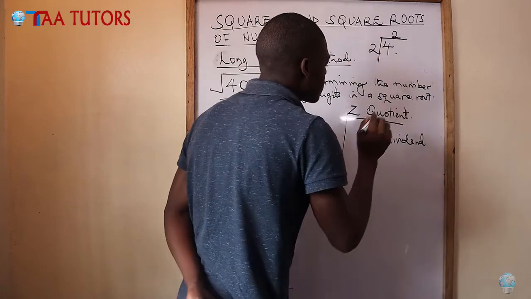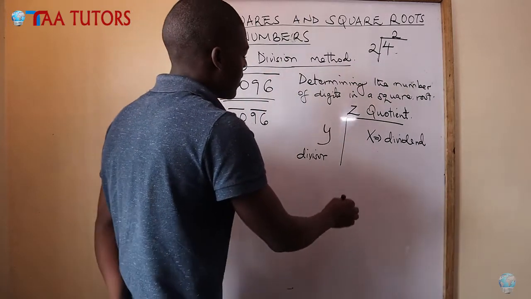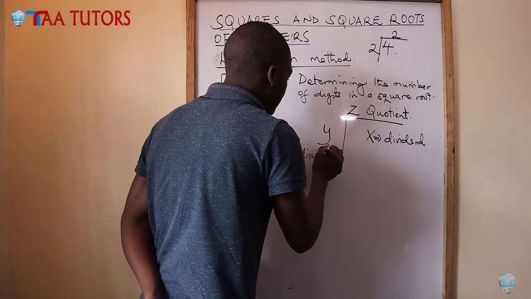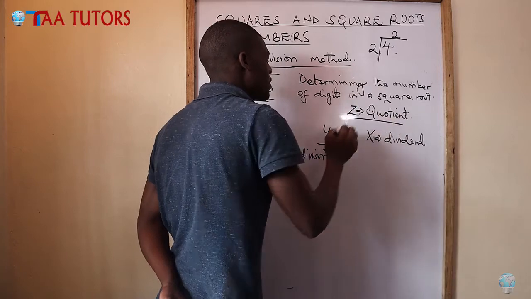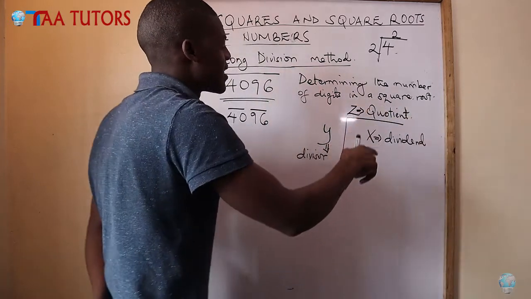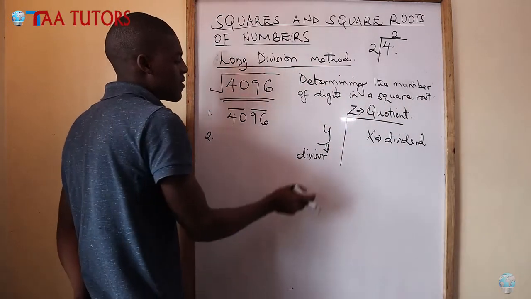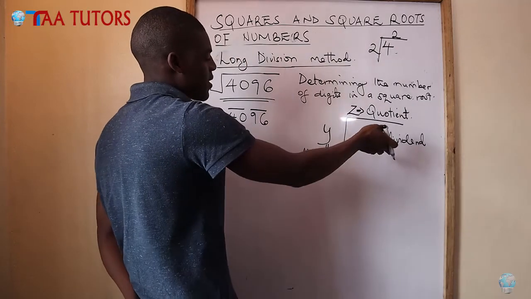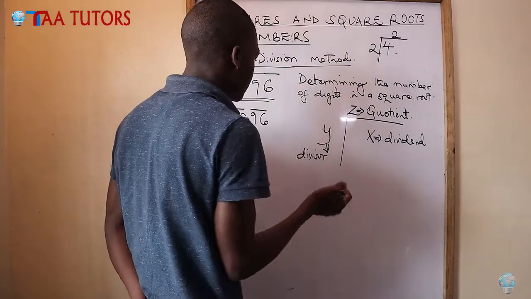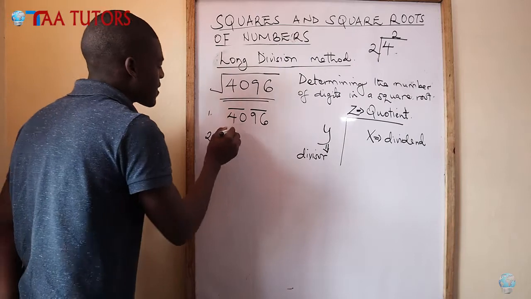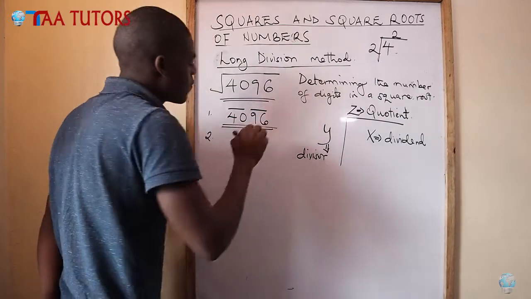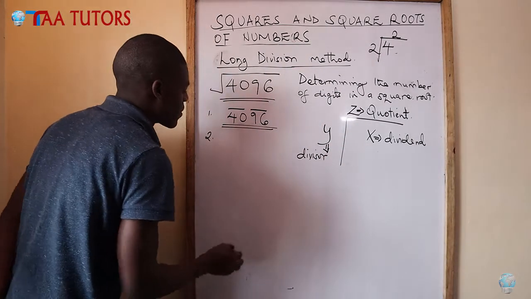You must be able to familiarize yourself with the three: dividend, divisor, then quotient. Quotient is the result we are getting after division. The divisor is that factor we are using to divide, while the dividend is the number we are dividing. Now, this one, after pairing, we are going to move down to put it that way, where we have